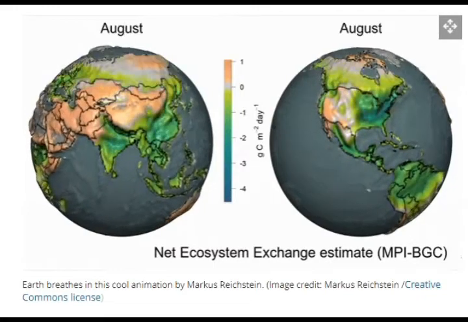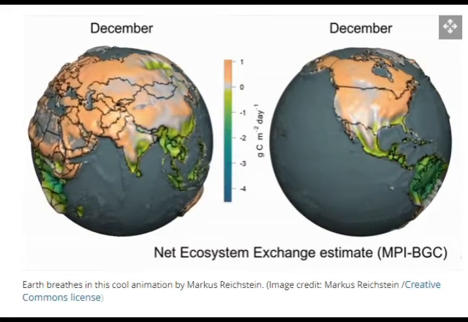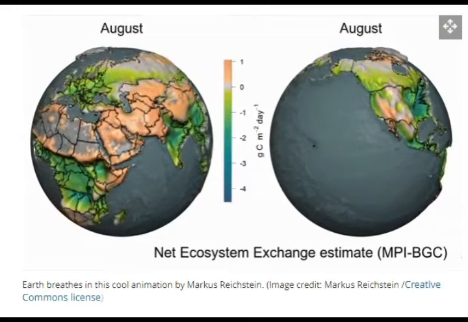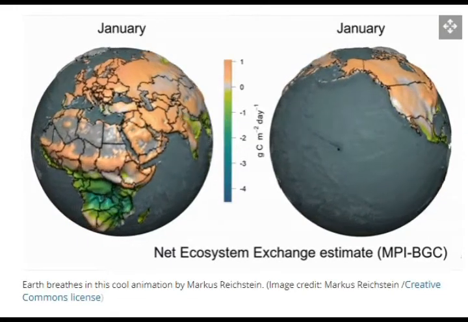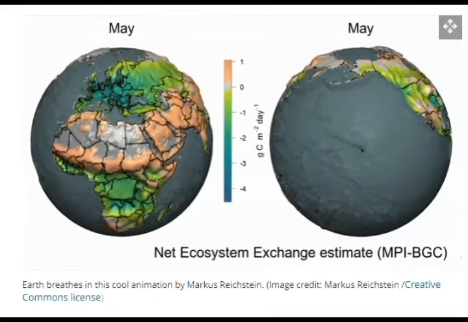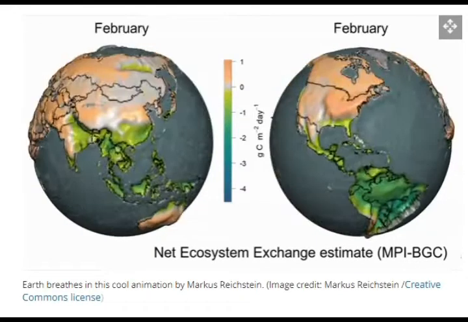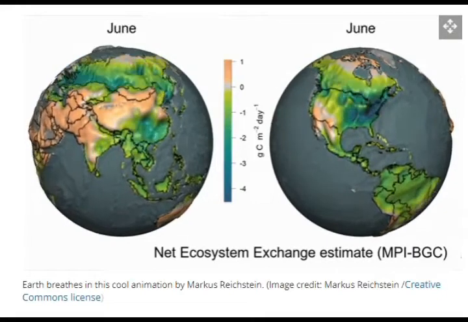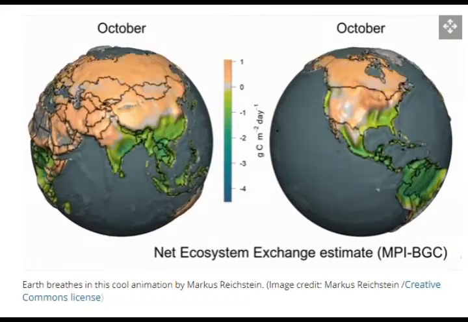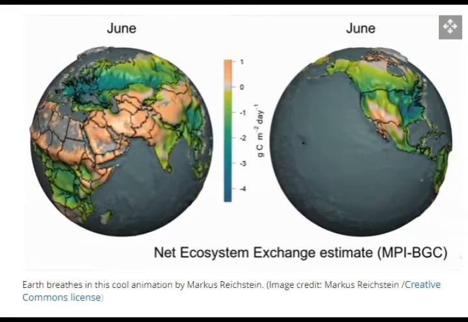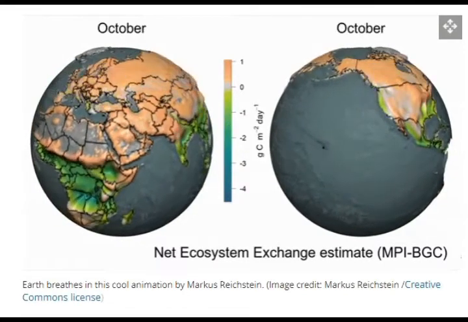The changes are most striking at temperate latitudes like continental Europe and North America, where seasonal differences are more pronounced. Equatorial regions don't change as much throughout the year, while some desert regions, being sparsely vegetated, don't store or release much carbon at all. The data from the animation comes from satellite observations and hundreds of carbon monitoring stations worldwide,